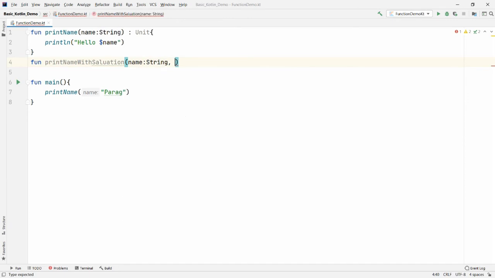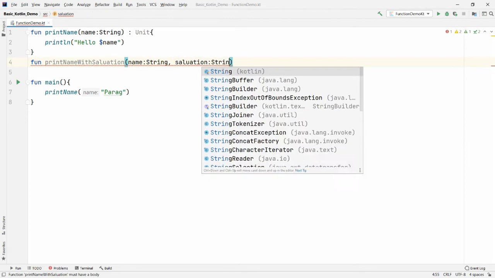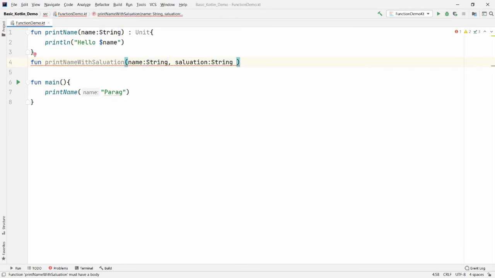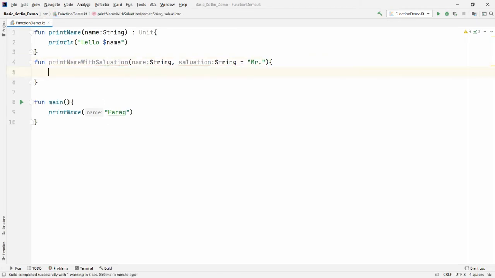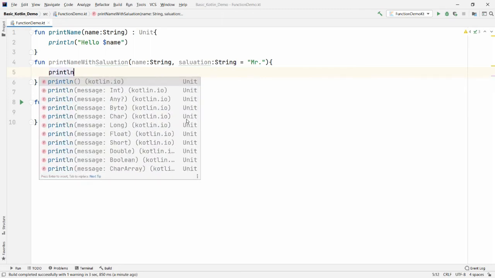One is the name and the second one is the salutation. The data type is String, but now this salutation has a default value, so I'm writing here equal to Mr. It means if the user does not provide any salutation parameter in the function call, then by default Mr. will be added. For example, let me write here println.